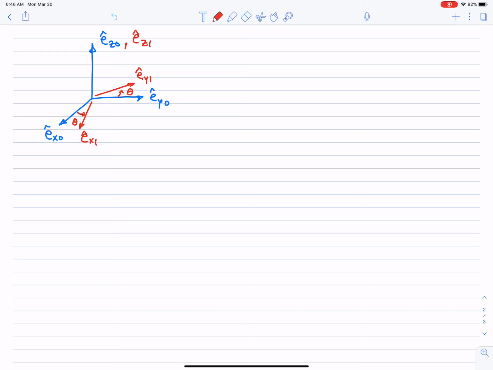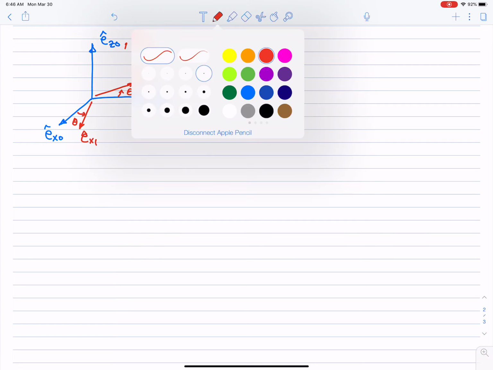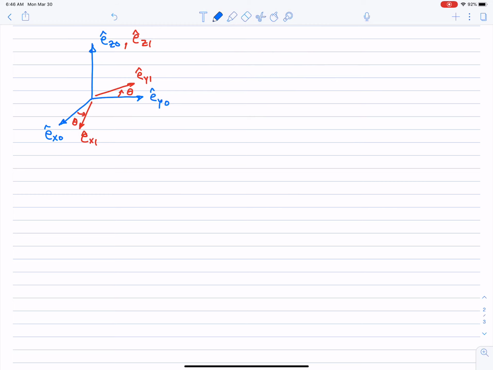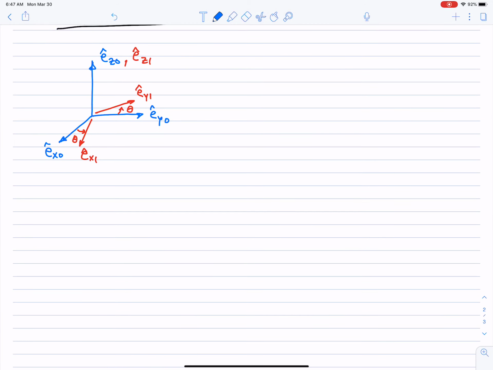Okay, it's more convenient to describe this in a two-dimensional plane. So if you have EX1 and EY1 like so, where you're looking down on EZ1, so sort of looking down like that, and then we have